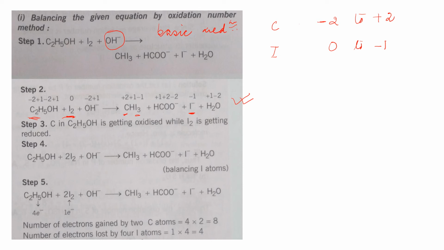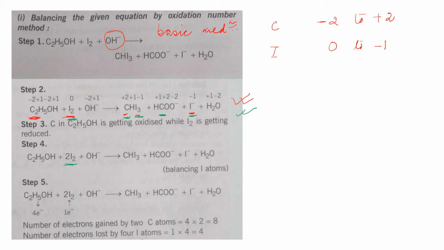Now carbon, in the left hand side we have 2 carbon atoms, and in the right hand side also we have 2 carbon atoms. This is 1 and this is 1. So carbon is balanced. I need not do anything for carbon. But see for iodine. In the left hand side I have 2 iodine, and in the right hand side I have here 3 iodine and here 1 iodine, so it is 4 iodine. So iodine has to be balanced. In the left hand side I have only 2 and the right hand side I have 4. So iodine is multiplied by 2 to make it 4.